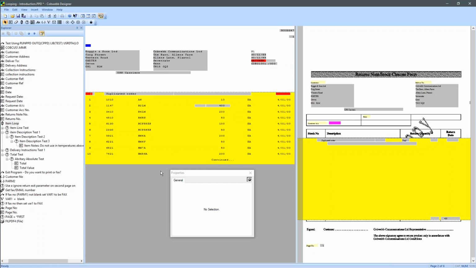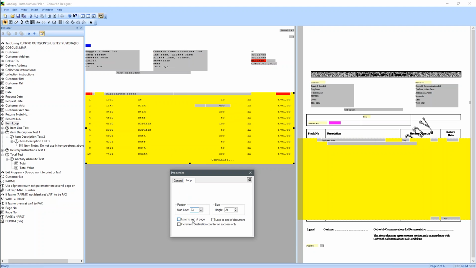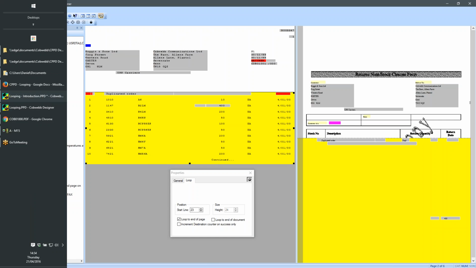But what we can often find is that there are other samples where the line data goes on further than we've been given examples of. The loop to end of page option will mean that the loop will carry on to the bottom of the page even if it's longer than the longest page that you've been given as an example. So switching that on can be a very useful